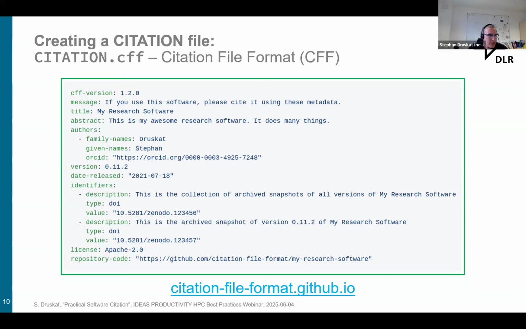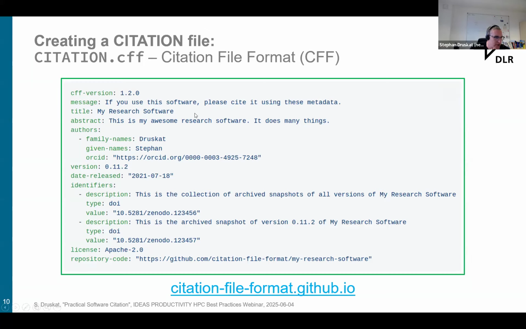So what you see here on the slide is what a citation file format file looks like. It should be called citation.cff. You have some metadata about the file format itself, such as the version of the schema that's being used in this file, and a message, which is some sort of self-documentation for what people are looking at. And then you have the usual metadata you'd expect for a citation file format. So title is the name of the software. You have a description of the software, a list of authors, a version, which is important, as we've seen in the software citation principles, a release date, which can be taken as a publication date,